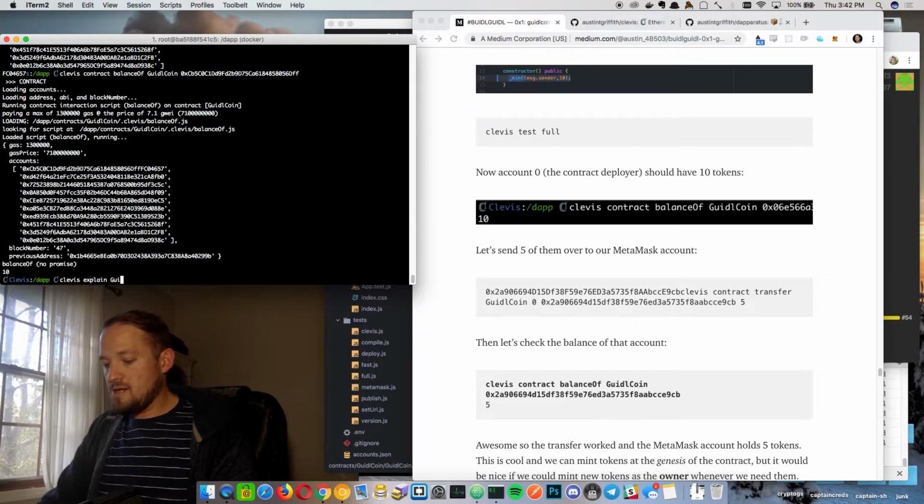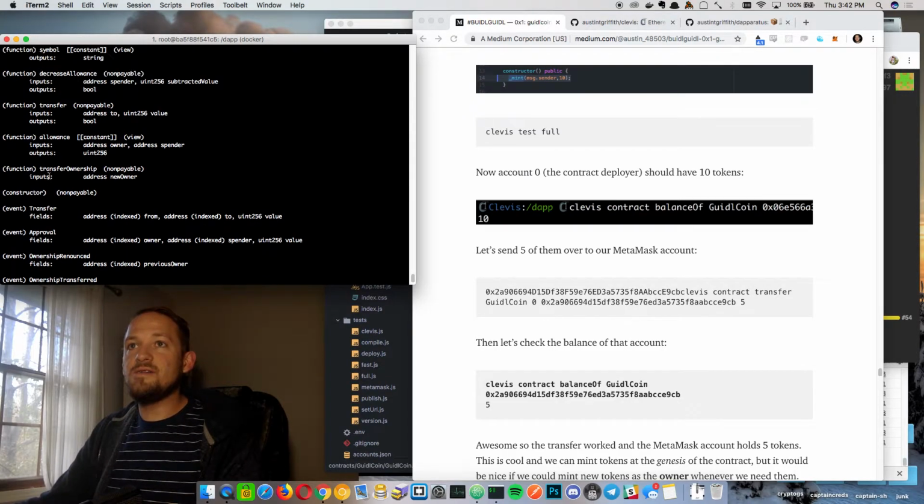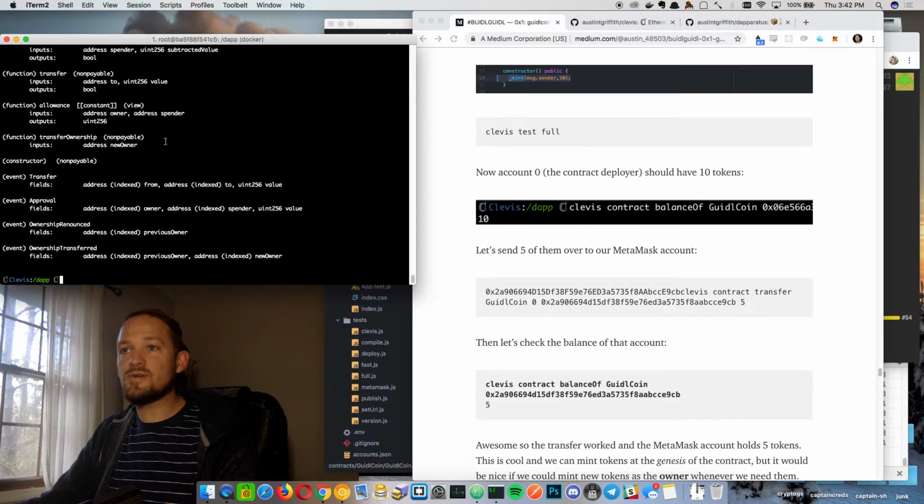Clevis explain GUILDcoin, and we'll find that there's the event, there's the transfer. It takes in a 'to' and a value and returns a bool, right? So let's do that. So Clevis